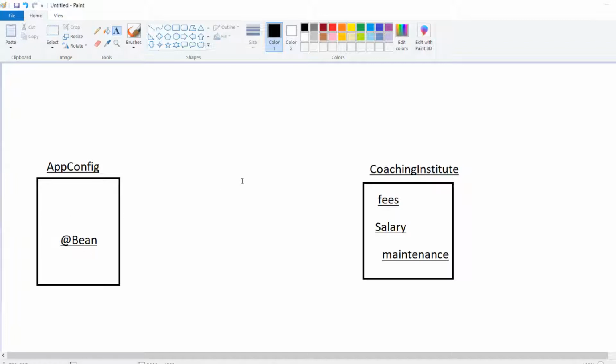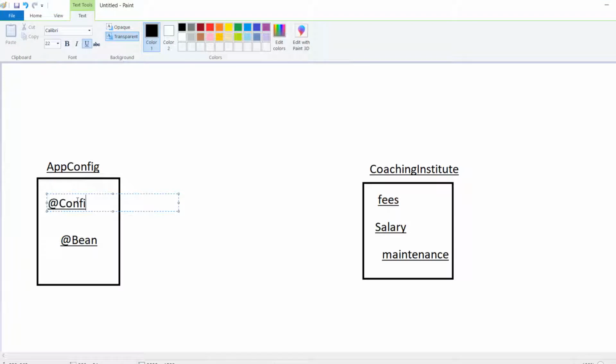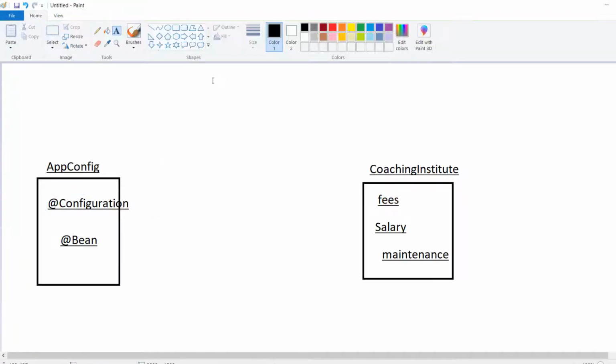But right now I am going to indicate this one is @configuration annotation, which will indicate that this file is a configuration file. Or you can also say that @bean comes under @configuration. Now, I have created our configuration file and our Coaching Institute.